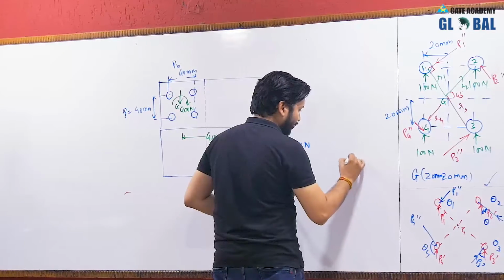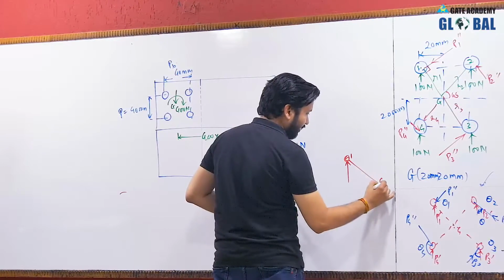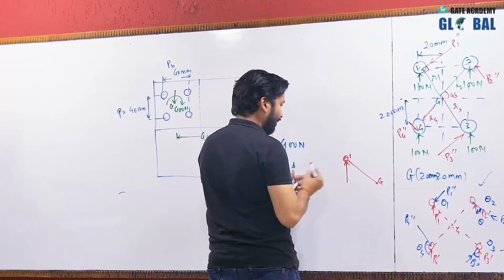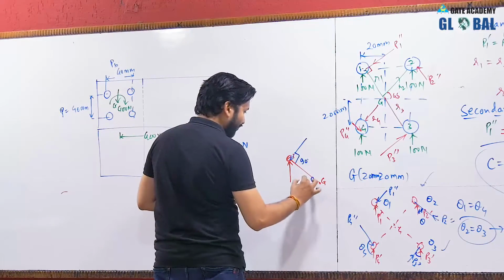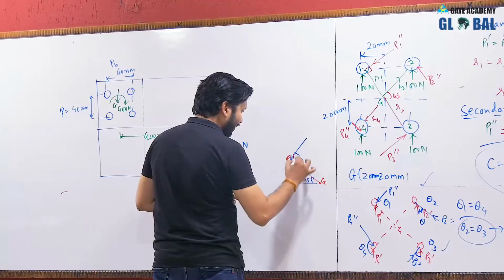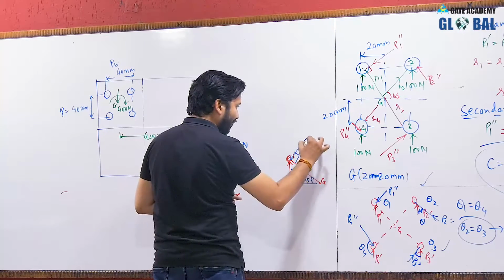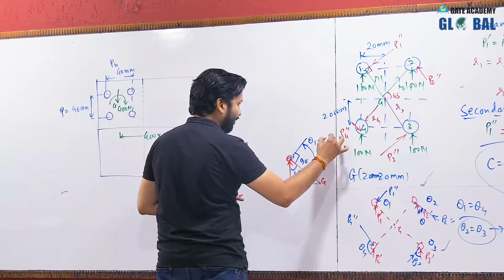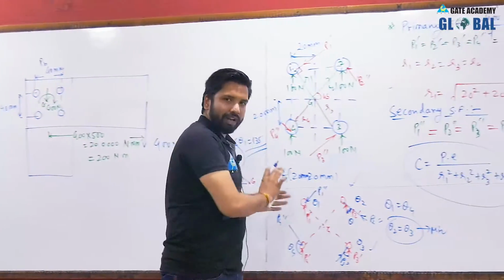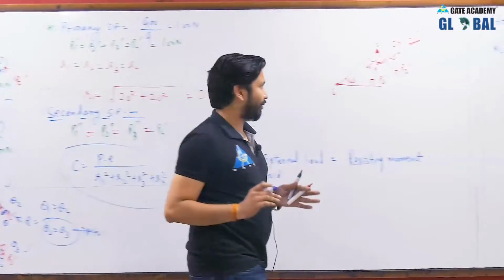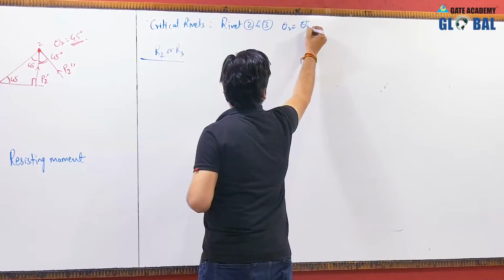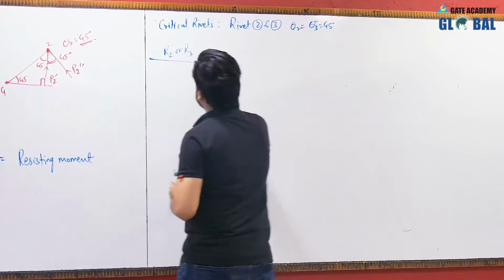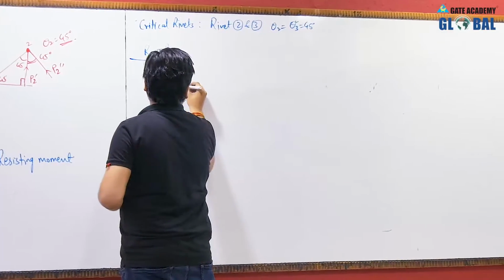This is rivet number 1. This is the line joining the center and the centroid. This is the secondary shear force. This is 90 degree, and as this is 45 degree, this will also be 45 degree. Then the total angle, theta 1, will be 90 plus 45, that is 135 degree. There is no need to calculate theta 1, but I am just telling you its value. So as theta 2 equals theta 3 equals 45 degree,